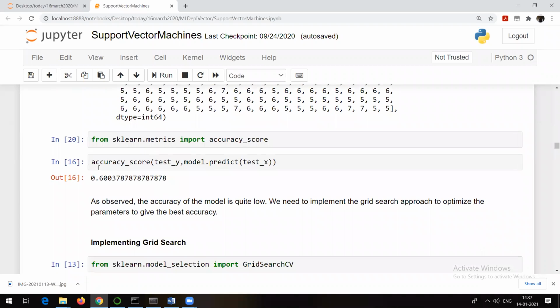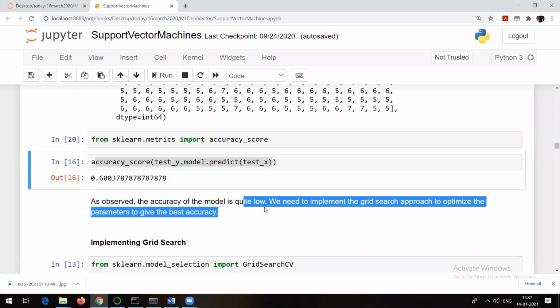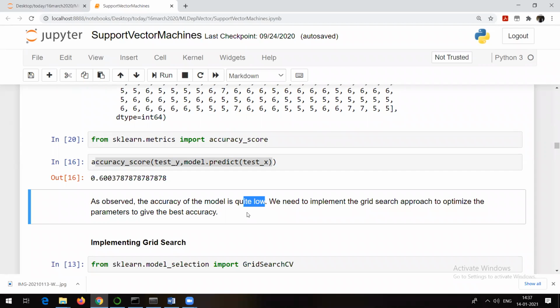And this was the last one, accuracy. And one more point we have seen is how to improve the accuracy. Earlier, for the classification model which we implemented with the help of support vector classifier, the accuracy we were getting was 60%, but it was very low. For example, in that case we assume that it's low.